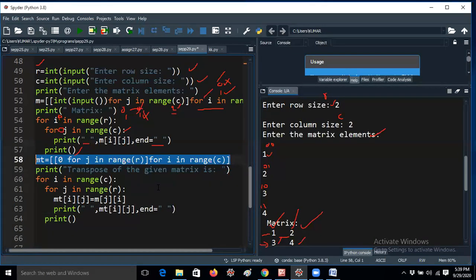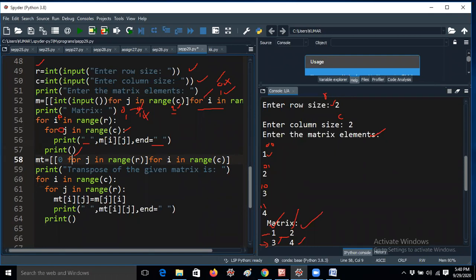So actually, when you are performing the transpose of a given matrix, you can just print. For example, if it is a matrix M of ij, you should change the positions of rows and columns here. That means instead of R, I am giving C in the first iteration, in the outer for loop, and in the next iteration, where I give C, I am changing to R. After that I am printing MT of ij. This is another matrix, and I am storing the values 0 by default, that's the reason I am giving 0 like this. M of ji, that means the ji positions will be stored in ij positions.